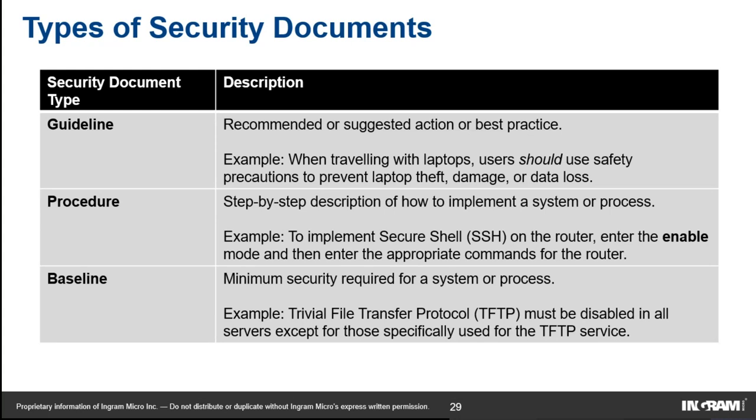CIS, Center of Internet Security, has a lot of benchmarks or baselines available to harden your systems. For example, if we talk about Windows systems, they have a CIS benchmark for Windows. If you follow it, it gives you a set of principles to protect Windows at a very minimum. For example, it'll talk about changing the default passwords. That is one of the things we have to do on all the systems. That is a small thing, and that is one of the most used attack vectors